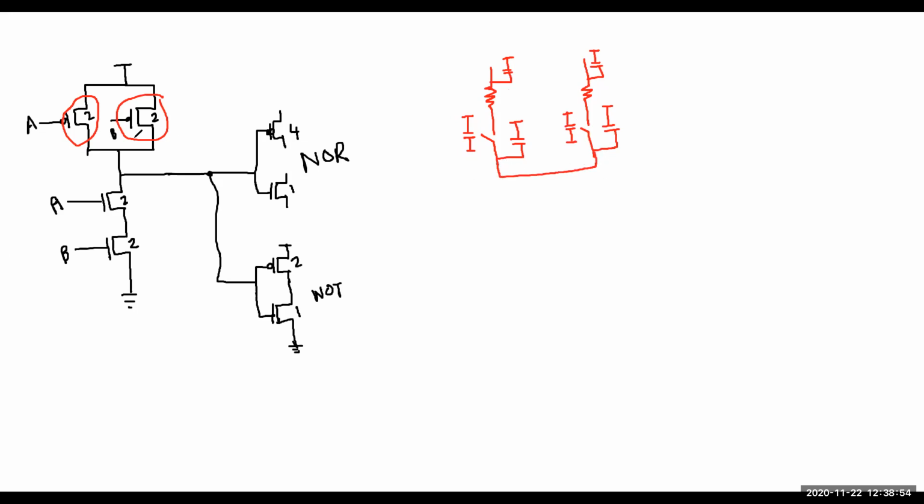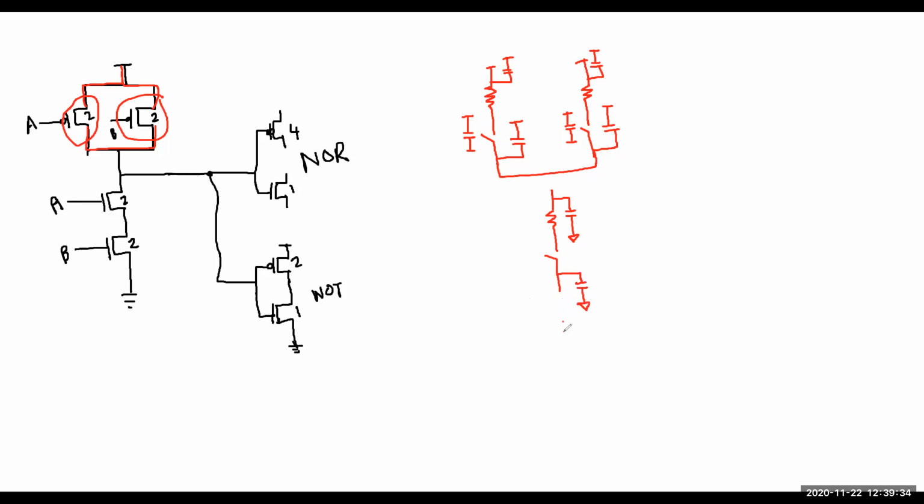Now they are connected. Why? Because here, can you see they are connected? Up at the top, you can see they are connected to the VDD. So I'm going to give a VDD here, and a VDD here as well, because both of them are connected to the VDD. Now NMOS, I need to draw the NMOS at the bottom. Here we have a resistor, then we have a switch, done. This capacitor will go to the ground. Here we have another capacitor, this capacitor will go to the ground.